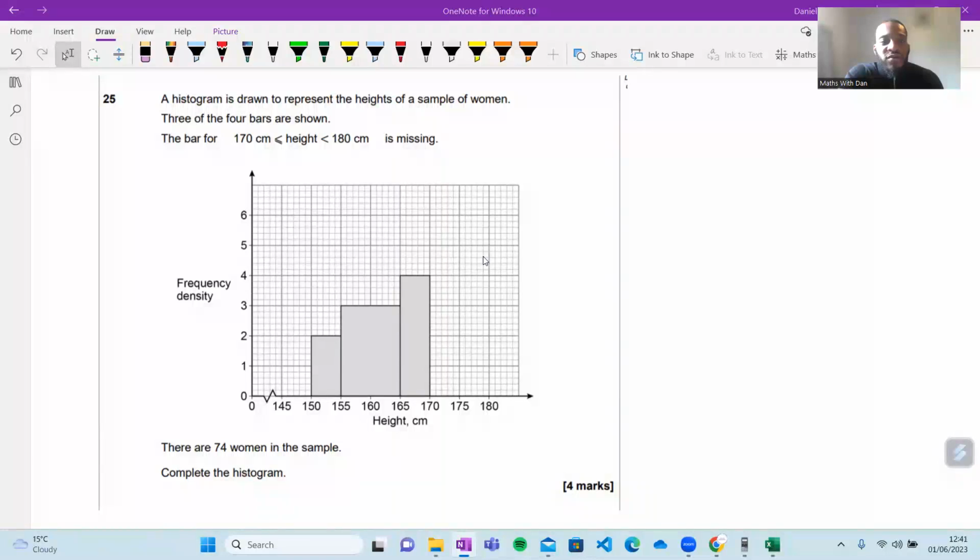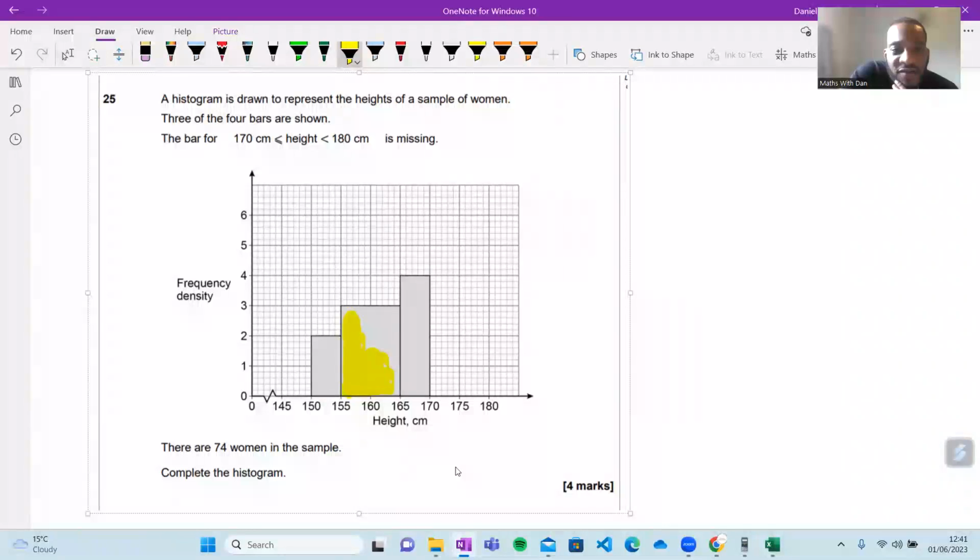Yeah. So for those of us that are closer to 0, right? You've got just to remind yourself of a few things, right? Now, whenever you're dealing with histograms, right? So everybody that's working for it, just continue. For those of us that are a bit stuck, just listen up. We've got a histogram here. Now, when we're dealing with histograms, we know that the area of a histogram represents something. Does anybody know what that is? When we're dealing with histograms, the area of a bar represents something beginning with F. Can somebody tell me what that is?